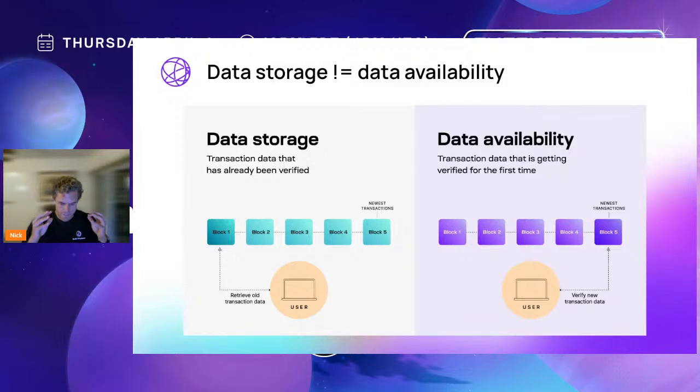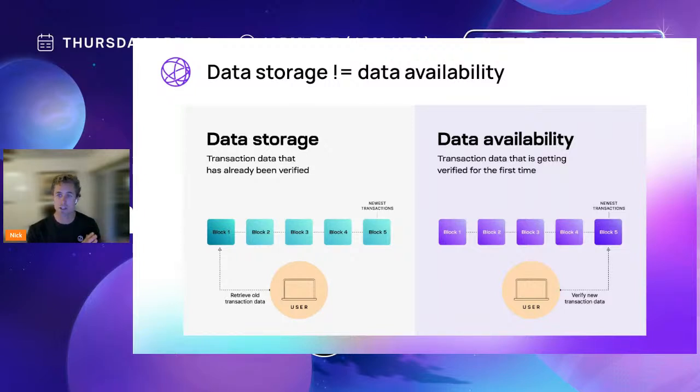It's about, okay, here's all the most important things that have happened on chain, and we need to get this to as many nodes as possible so that they can see all these transactions and get this information. So that's what data availability is about. It's about publishing and making sure that the data behind the events, the transactions that are supposedly happening on these rollups and happening on chain, is known publicly to everyone in the network. That's what data availability is about.